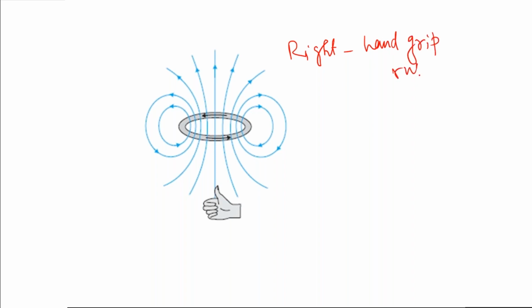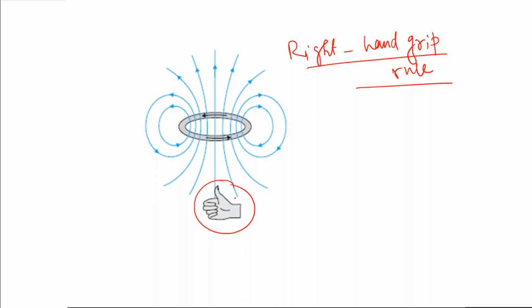What is the right hand grip rule? As you can see from this figure itself, if you grip, which means you just hold the wire with your four fingers in such a way that the tips of your fingers are directing the current direction, then your thumb will give the direction of the